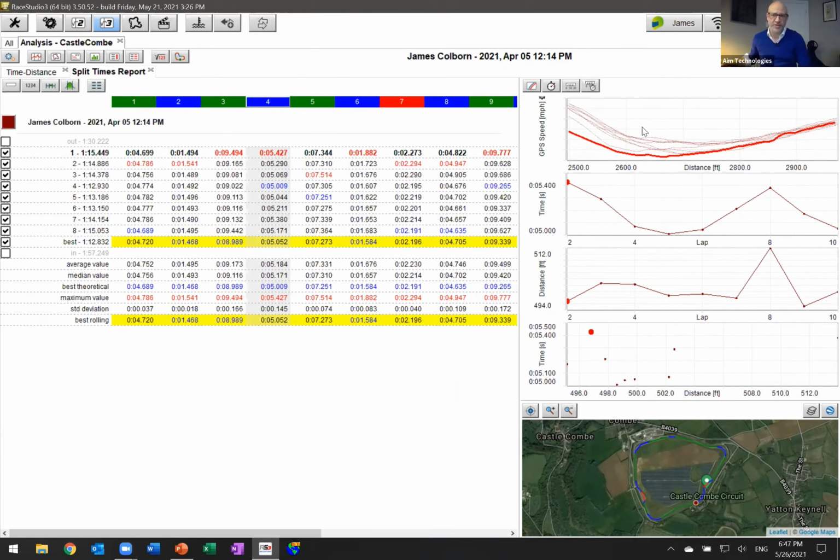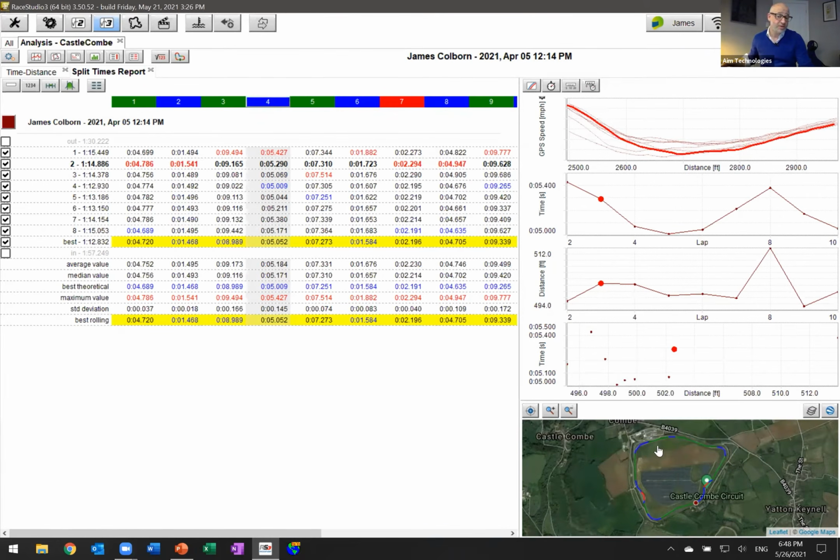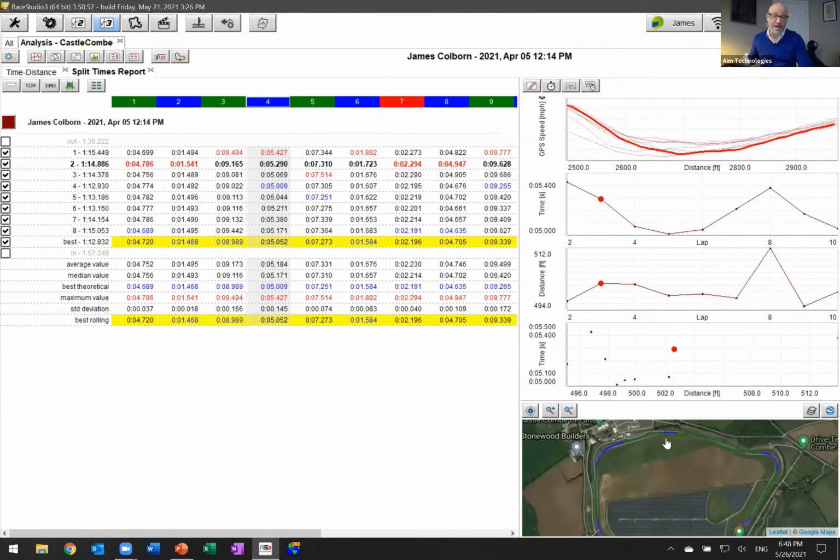There's this lovely view here of all this data. You also get some extra views which are available to you. Now you can customize these with the user profile just like we did before. Do you remember I right-clicked it and you can add and remove the windows? Well, I'm going to leave this one here because you'll also notice that it's broken the map down into what